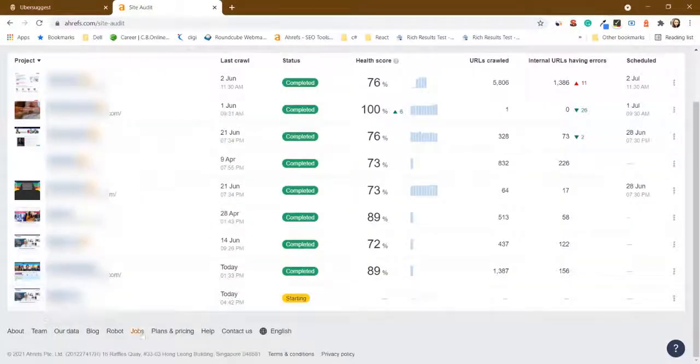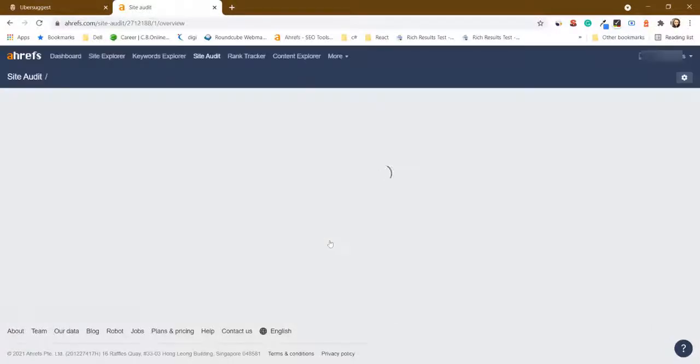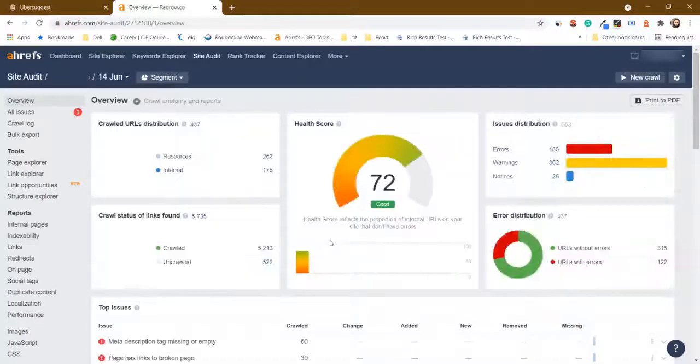Alright, so here you can see that my website has been submitted and the site audit analysis has already started. I have added the website already, and the score is 72%, which is pretty good, but I need to increase it. I can bring it to 90 or more than 90, 95. All right, so for that, what do I have to do?